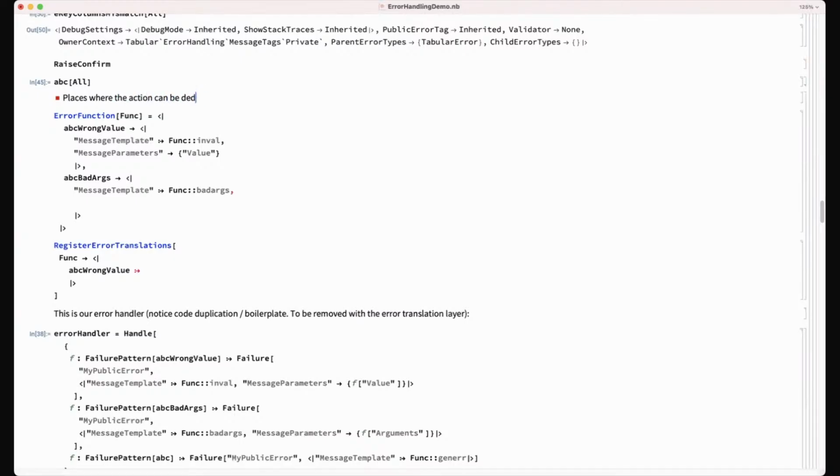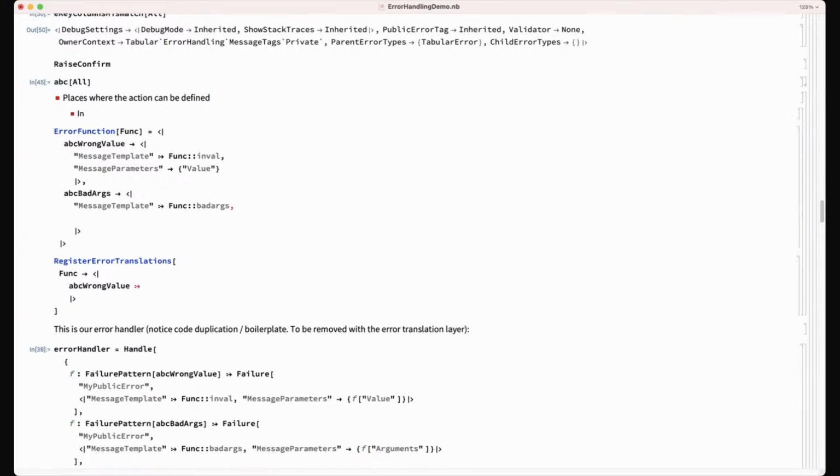But okay, so throw exception doesn't really define any action. It just throws. It could perfectly well define an action. You could say for this particular exception, I want, because it knows the tag, right? So throw exception has the tag, and so it can give an action to take when the tag associated with this particular exception is handled.